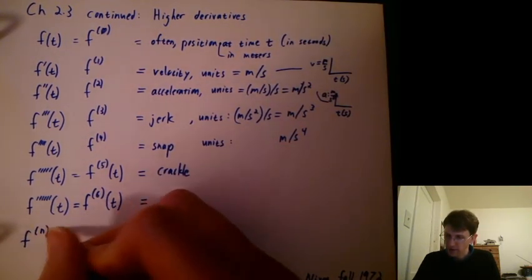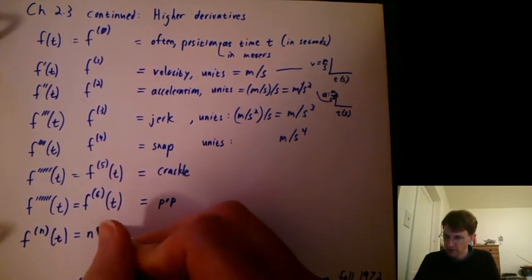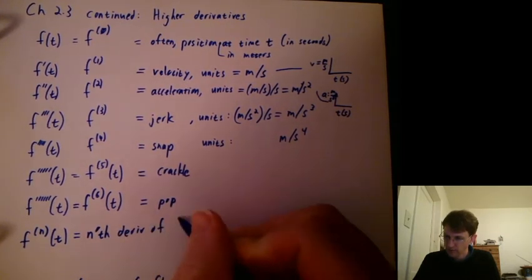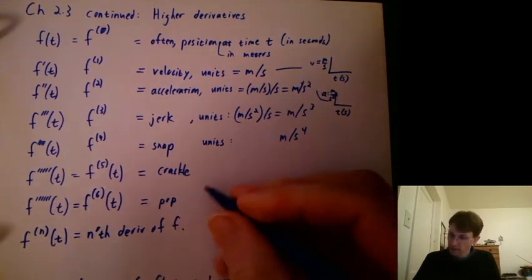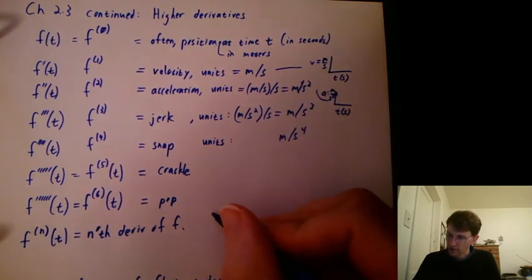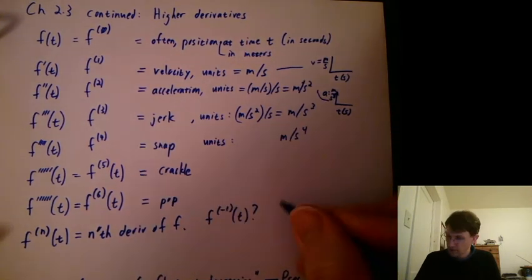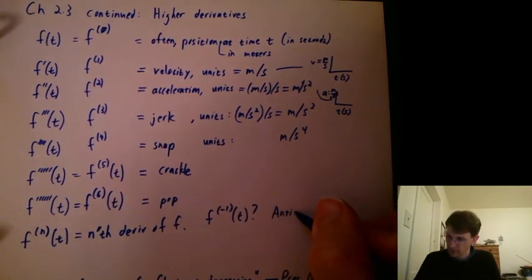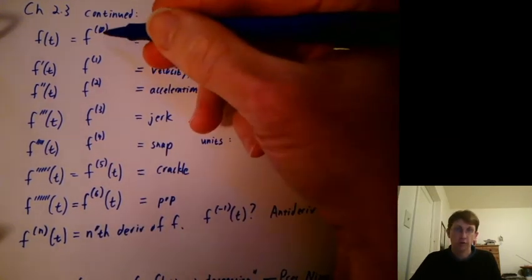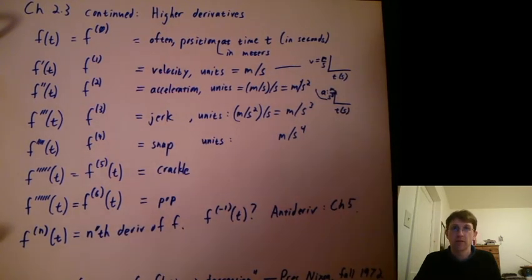Here's the really fun part. You can say the nth derivative by saying f super n. So we'd write that as the nth derivative of f. And we can say, well, if I have 6, 5, 4, 3, 2, 1, 0, can I do f super negative 1? And it turns out you can. That's called the antiderivative. It's the function who, if you took the derivative of it, you would get f super 0. And we spend a lot of time on those in chapter 5,